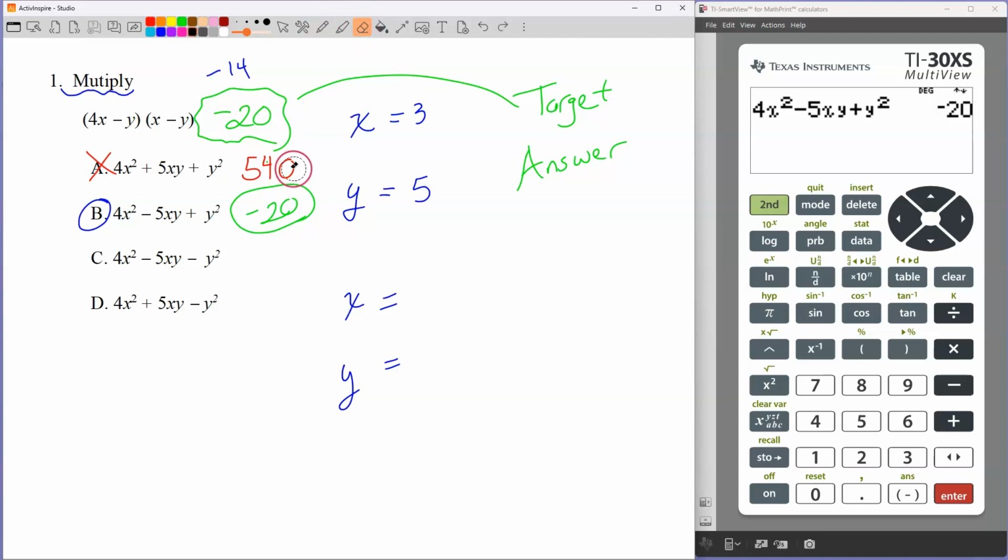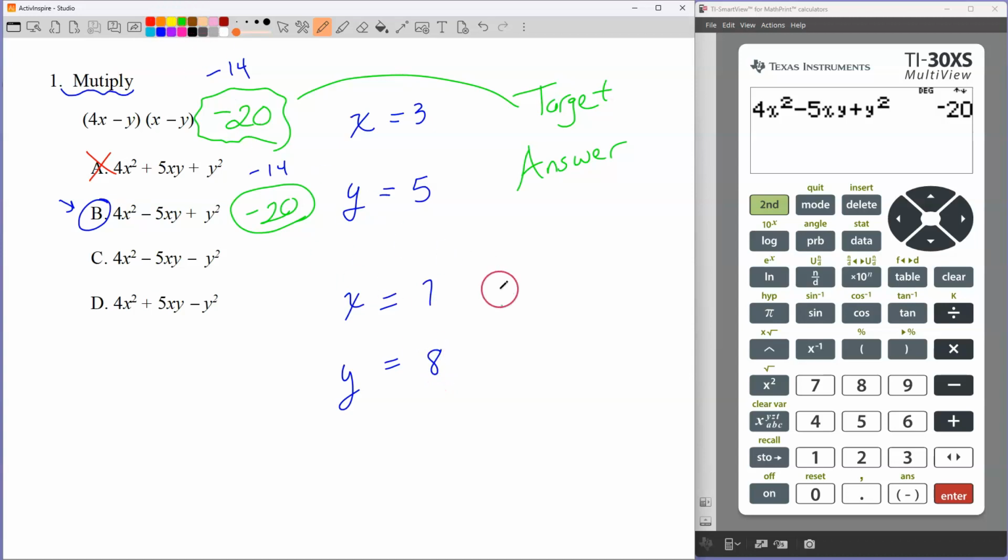And then when I went to B, which was my answer choice in both cases, I also got a target answer of negative 14. So when I used 3 and 5, my target answer was negative 14. Why? Well, if you do this by hand, if you plug in 3 for x and 5 for y into these values, you'll get a negative 14. And same thing with B. But the second time I used 7 and 8,